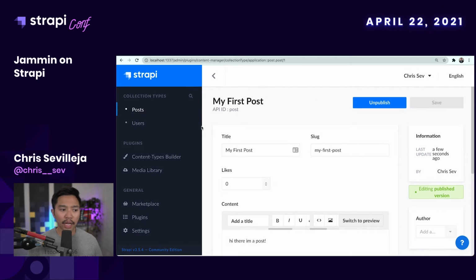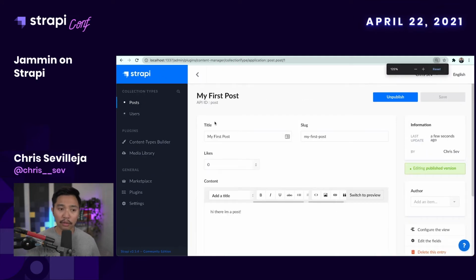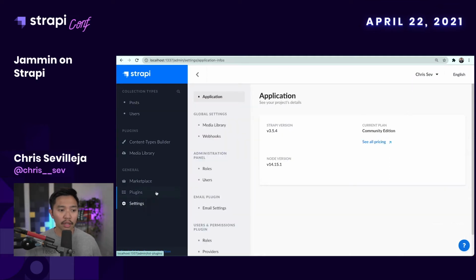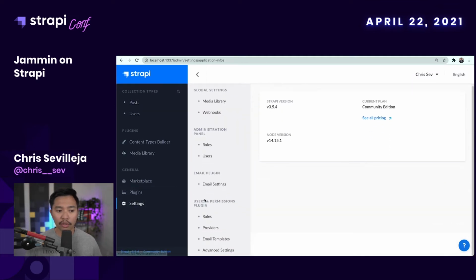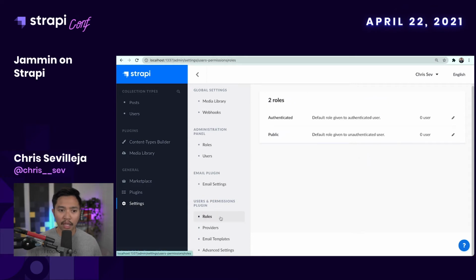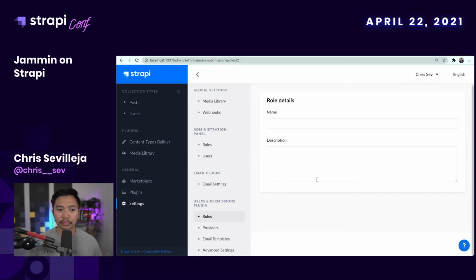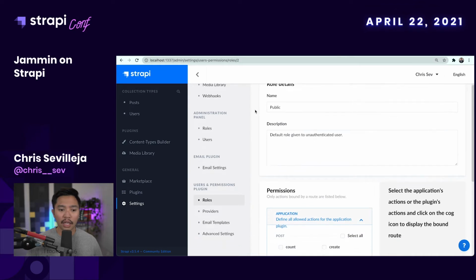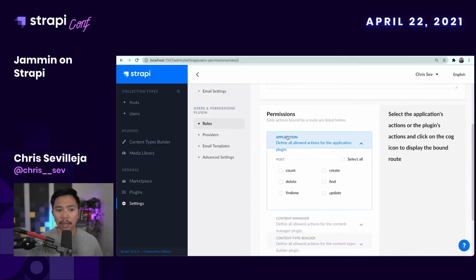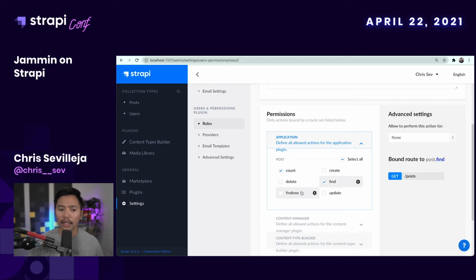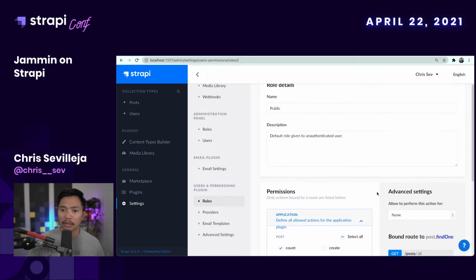So we're going to go back here, and we're going to make sure that posts can be seen publicly. So we can go down to settings right here. We can go down to users and permissions plugin. We'll click roles. And now we'll click public. And here, if we scroll down, public people can see posts, and we can say we can count them. You can find all of them, or you can find a single one. All right, so now let's go save